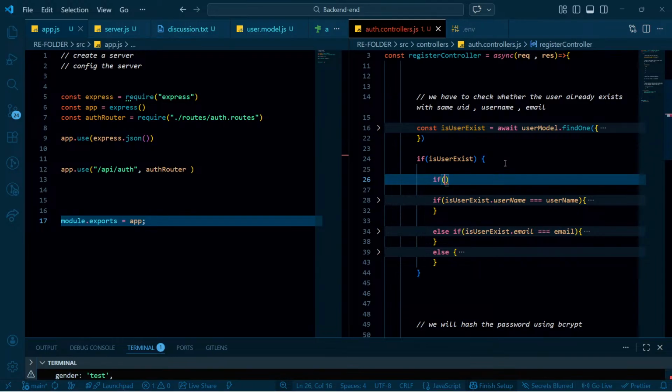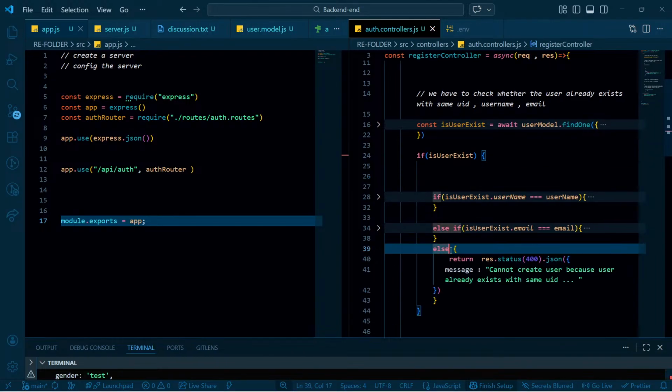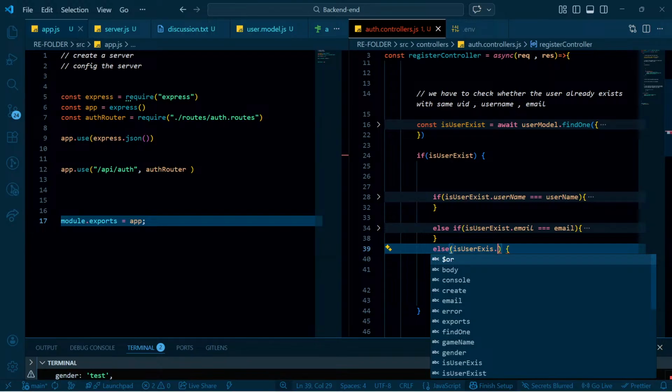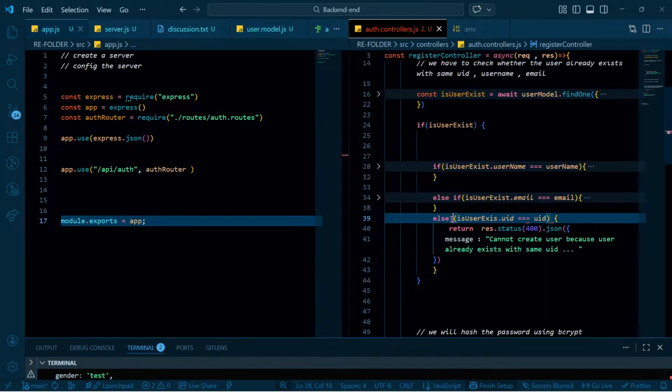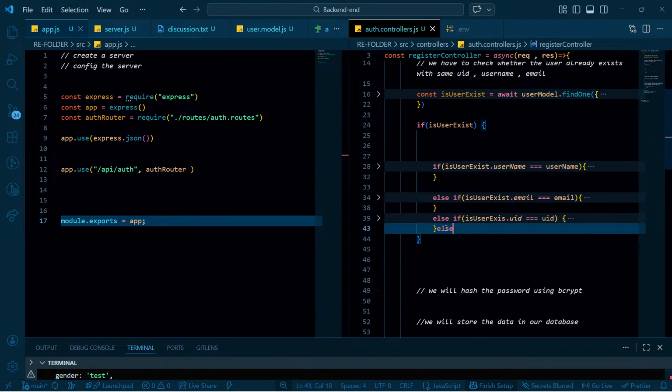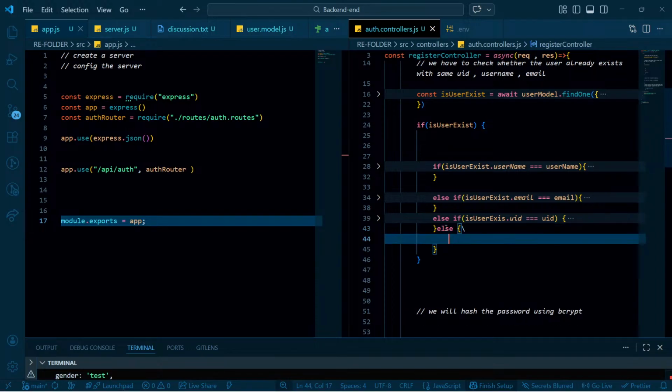I'm writing another if here. If user exist dot username is equal to username. Okay, I don't have to write this. Else if user exist dot pass not UID is equal to our current UID. Okay, else if okay, else nothing is here, then else